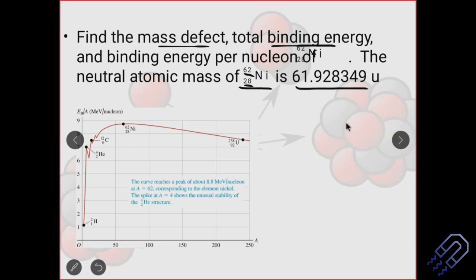This is a very simple graph where you take the mass number, the number of nucleons, plotted along the x-axis, and binding energy per nucleon along the y-axis. Okay. Don't worry, if you plot just binding energy and not per nucleon, the nature of the curve will not change much. It will more or less remain the same, but binding energy per nucleon makes more sense. As we go on, we'll understand this.